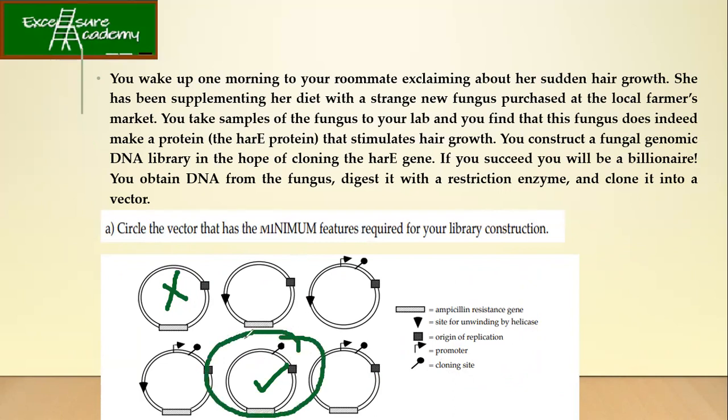So guys, I know I took time in explaining how exactly to come to the options, but if you guys are thorough with the topic, like what all things are required in the library construction, then you can come to the answer as fast as possible, okay. So now we know the option. If this is 1, 2, 3, 4, 5, 6, so fifth is your correct answer. So let's move on to the next question.